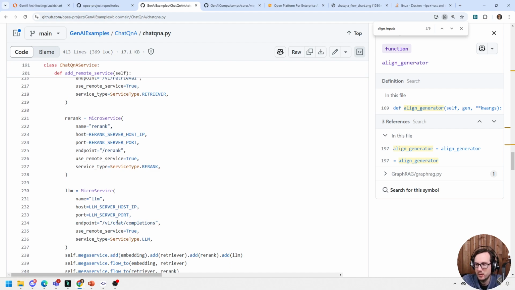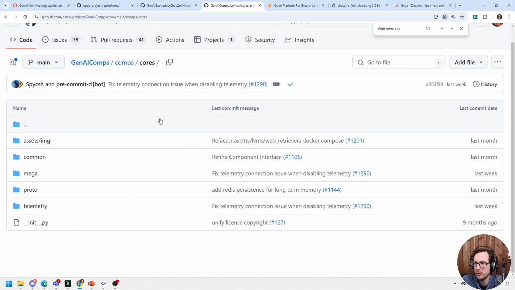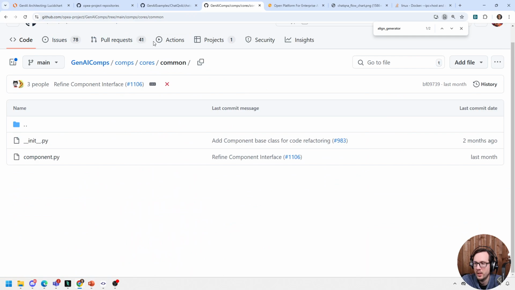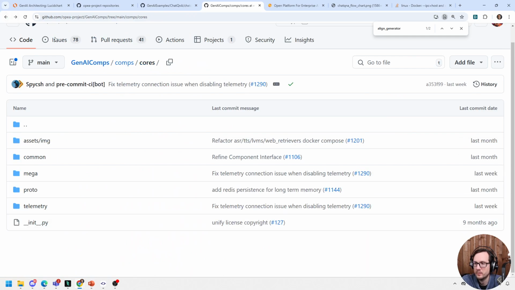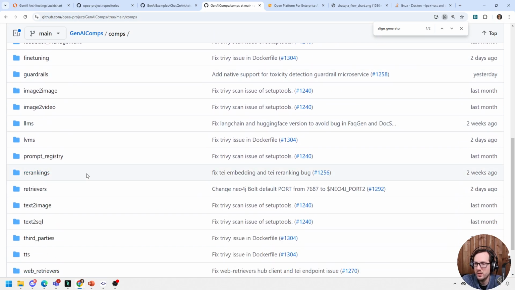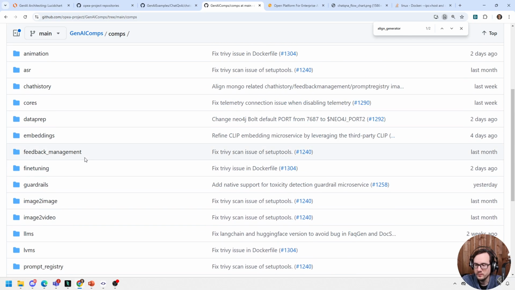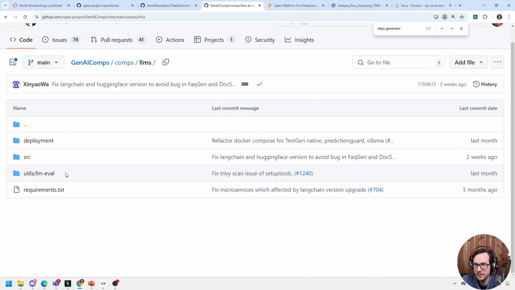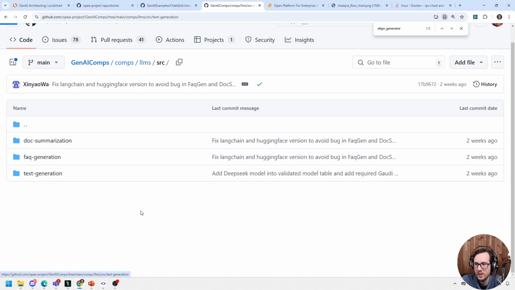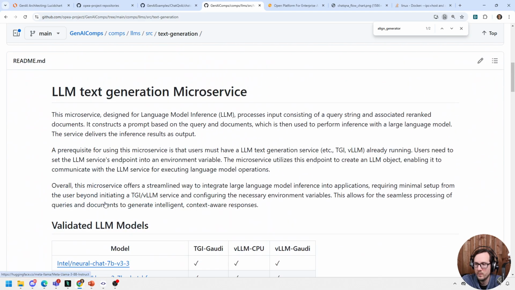But I guess what I'm interested in is the components that it's loading in here, because this one's LLM, of course, name LLM. If we go back over to the core components, I didn't really touch on this before, but we have these comps, right? How does it know which one is being chosen when we use it? If we want to run LLM, which is going to front the LLM, how do we know that it's running this? And here it's specifically for text generation, right?